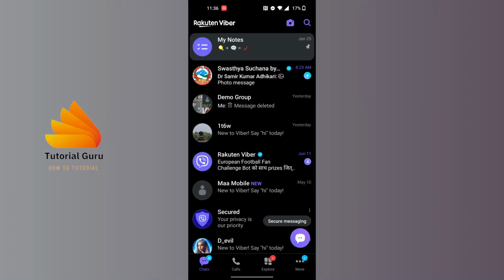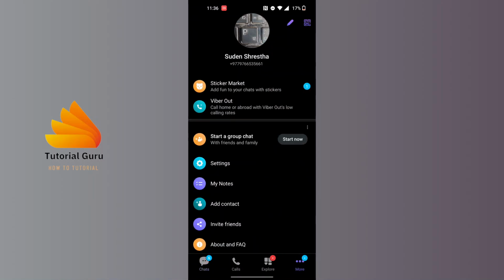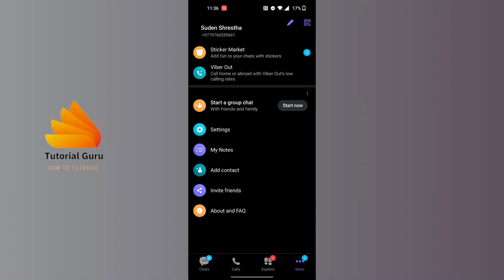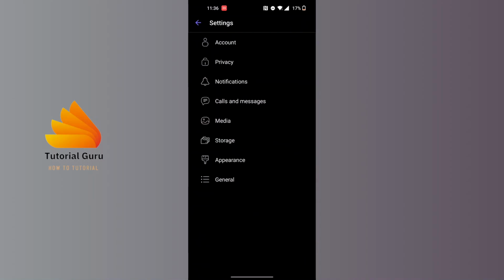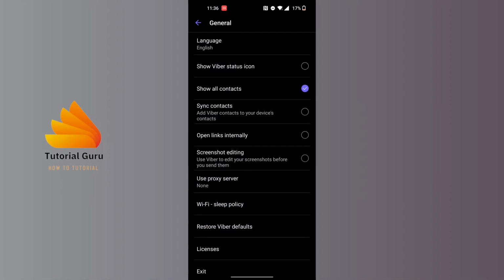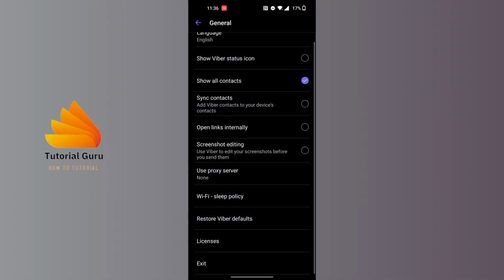So to do that, to exit out of the Viber, at the bottom right corner of the screen you can see there's the more button available for us. At the bottom right, tap on the more button, and over here guys you can see the settings option available for us. Just above my notes, tap on settings, and on this interface you can see the general option available for us. Just below the appearances, tap on general, and on this interface guys, at the bottom of the screen